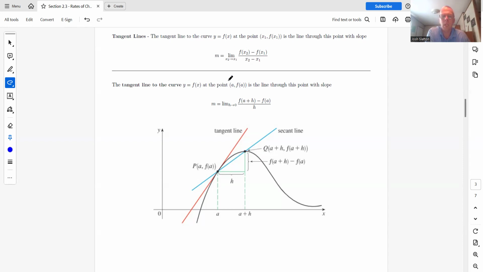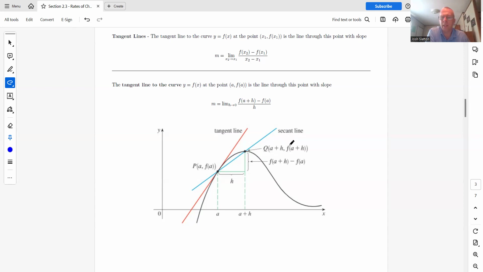0. So the tangent line, if you're unfamiliar with this concept, is the line that goes through the point on the curve, and it only touches the curve at that point. So the secant line, for instance, goes through 2 points. So the blue one would be a secant line, and you can see if we want to find the rise over run of the secant line, then we get